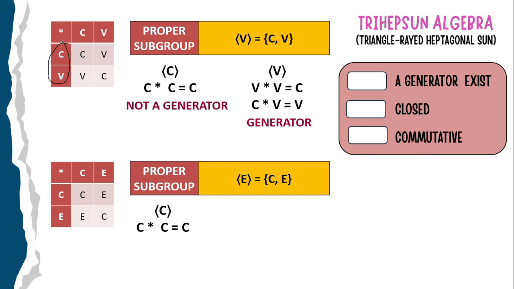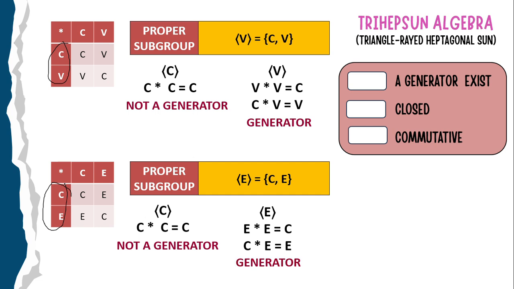For proper subgroups, element E, which generates C and E, this is the table. C only generates itself, therefore it is not a generator. For E, it generates C and E. C and E are the elements on our table, therefore E generates all the elements on the table, therefore it is a generator. For this too, a generator exists. It is also closed since the resulting elements revolve around the elements being operated. It is commutative